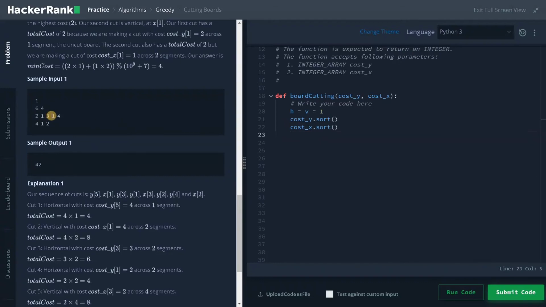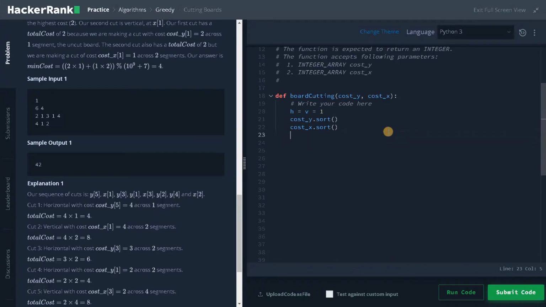When you sort in ascending order, I will be just removing the element from the last. So we can just pop the element. It will be in order of 1, that is constant time. So it will be easier for us if we are dealing with arrays. If you are managing any other data structures like a queue, you can sort in descending order and take it from the front. So I'm just sorting in ascending order, and I will be taking from the reverse.